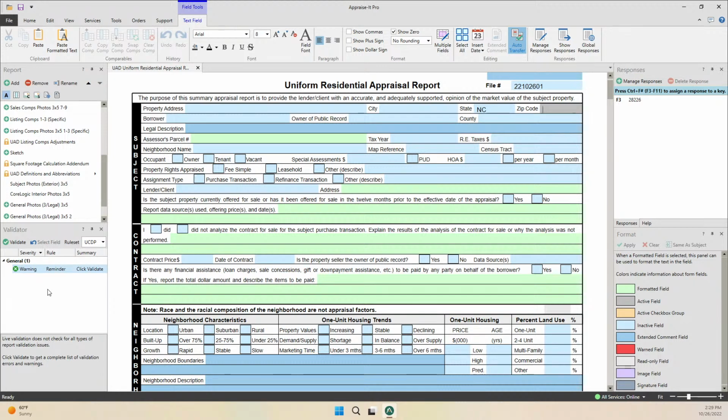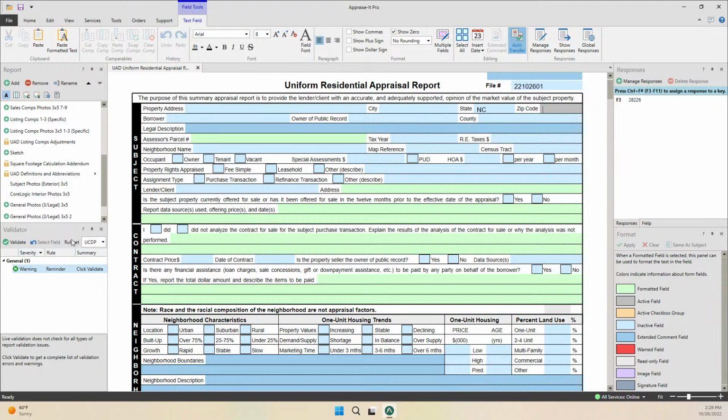The real-time validation you're going to do at the end of the report. I'm not going to do it now because everything would just go crazy and everything would turn red because I haven't filled out anything in this particular report. But if I want to do a comprehensive validation, all I need to do is click on the validate button,